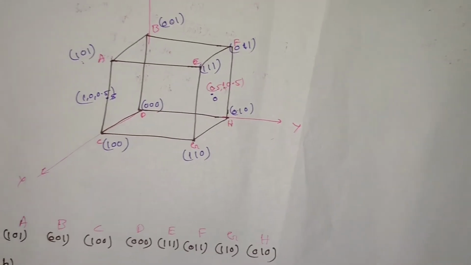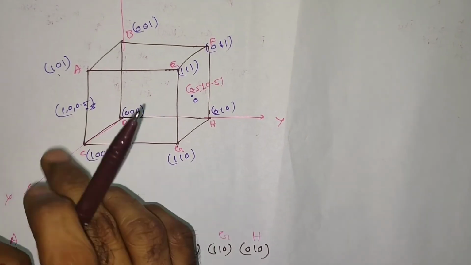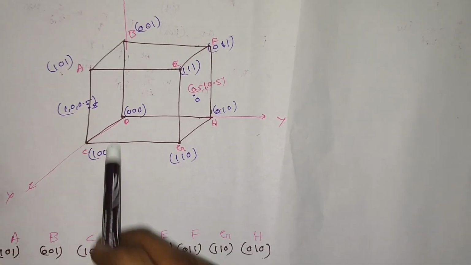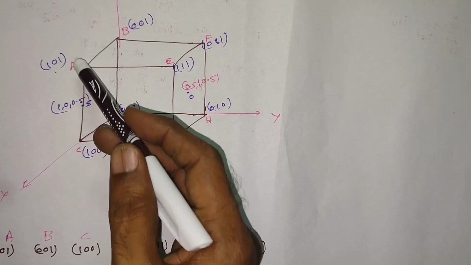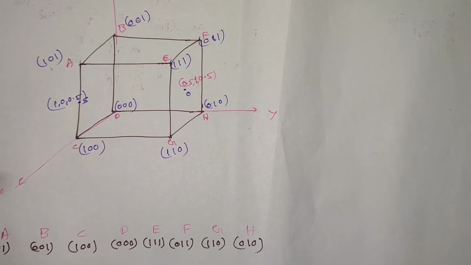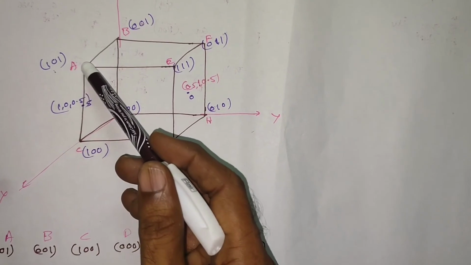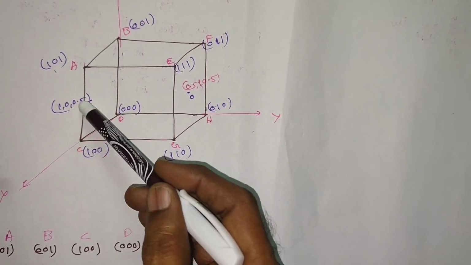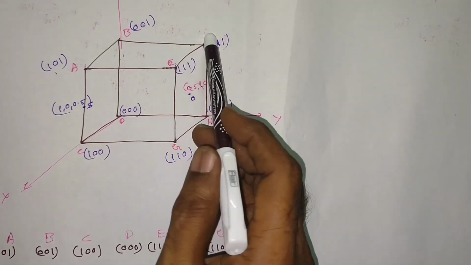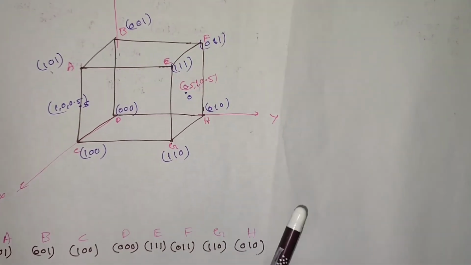And when you go for the solution for C, we have to find out the electric field intensity at the center of the edge. Here, when you consider the center of the edge, the resultant electric field because of A and C will cancel each other, because they are located at equal distances, so the resultant will be equal to 0 because of these two at this point. And we need to find the resultant electric field because of the other 6 charges located at B, D, G, H, F and E.